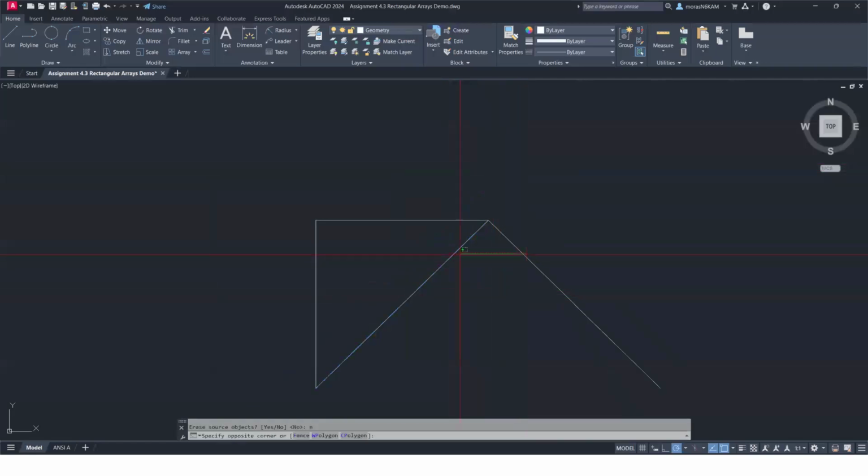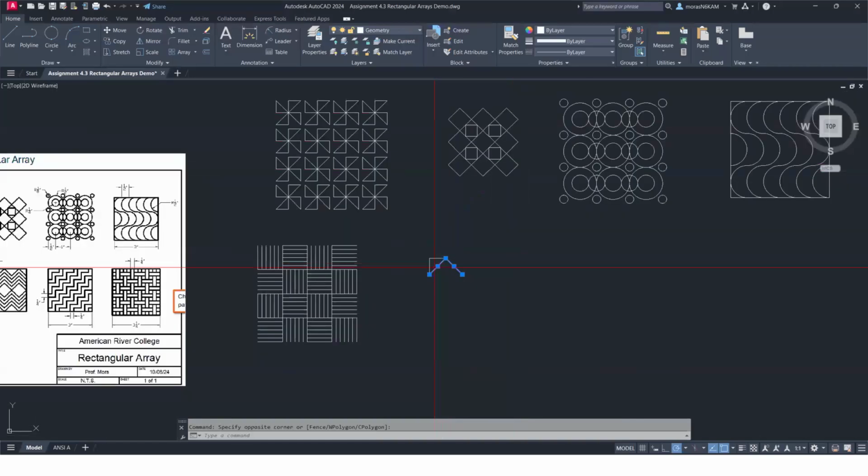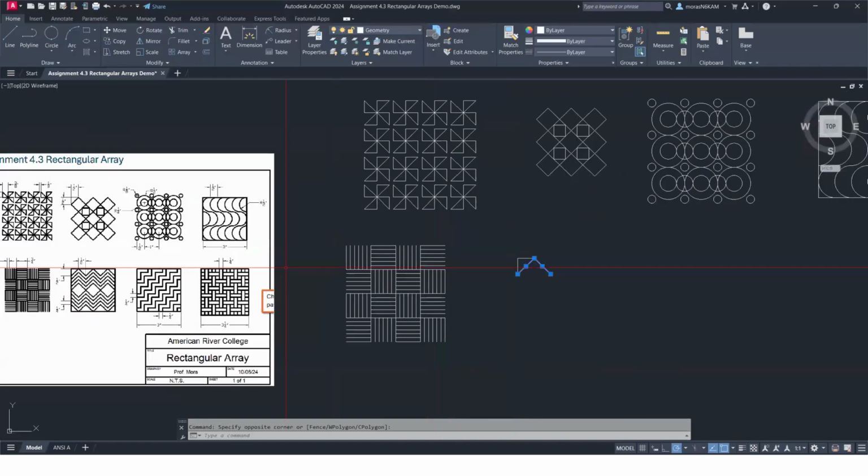No. I'll join this here, and then there's 3 peaks. So I'm going to start just by creating that pattern here. So I'll delete this, join these,